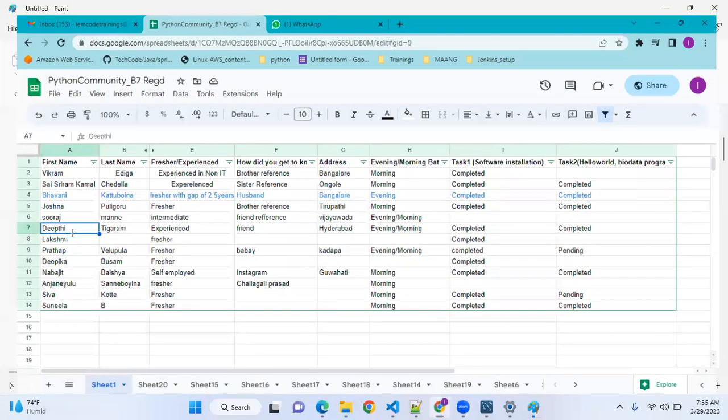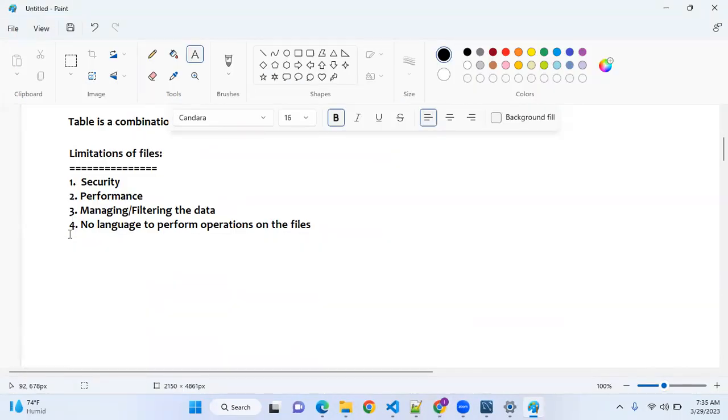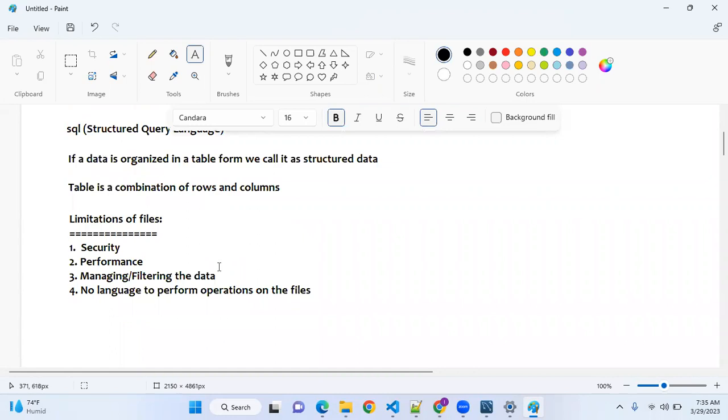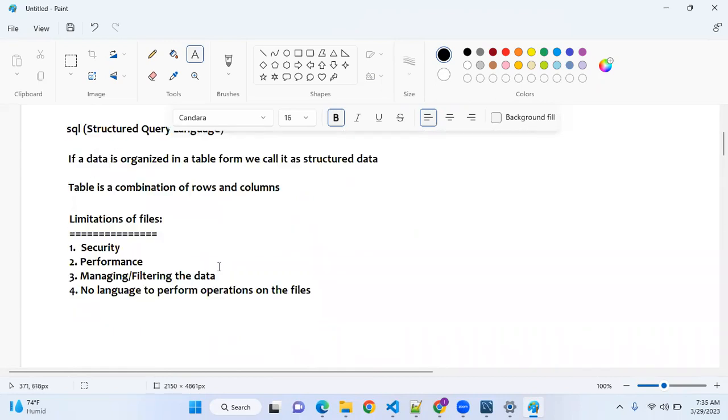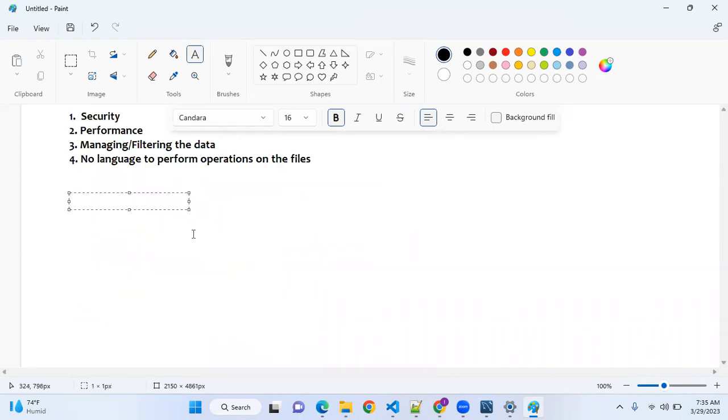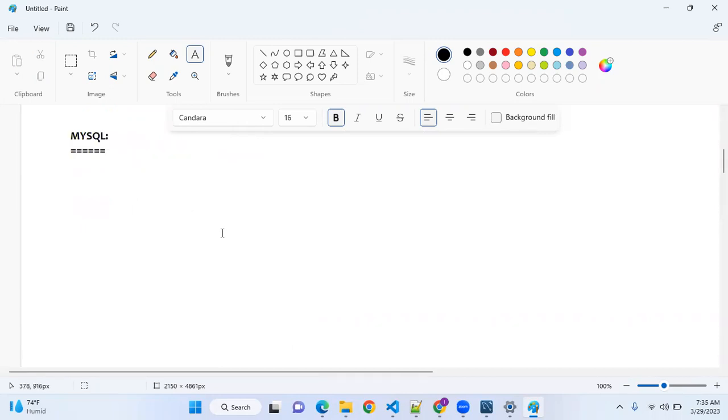Now, those are one of the main points that I wanted to add here when we compare with files. Okay, so let's go to the database. So we are going to learn MySQL. Don't stretch too much. Whatever we are going to cover, those topics are more than enough as a developer. Trust me, there are some engineers who are working on Python, but they don't know the basics of MySQL, or the basics of any database.